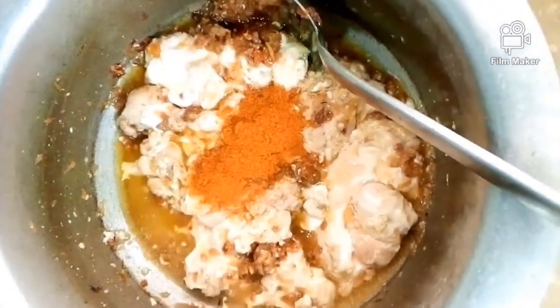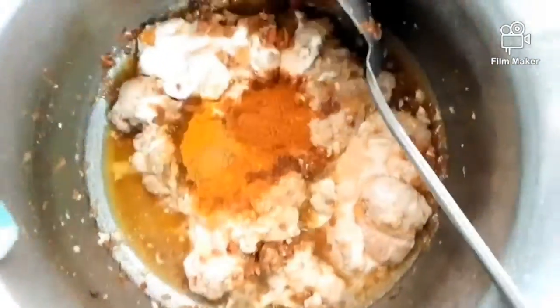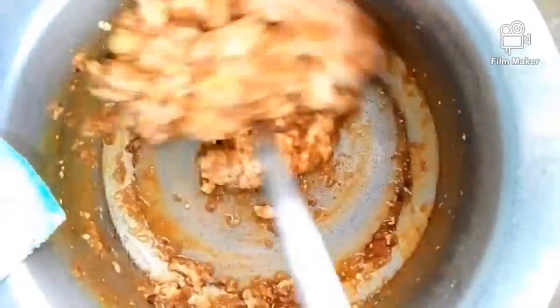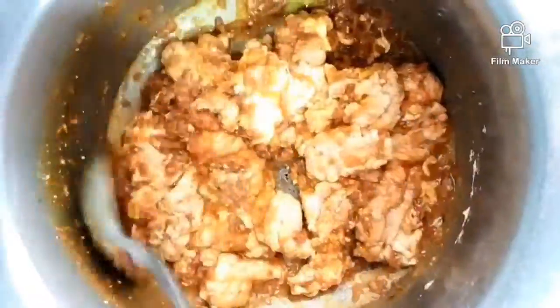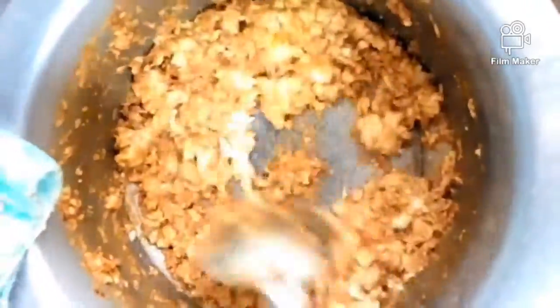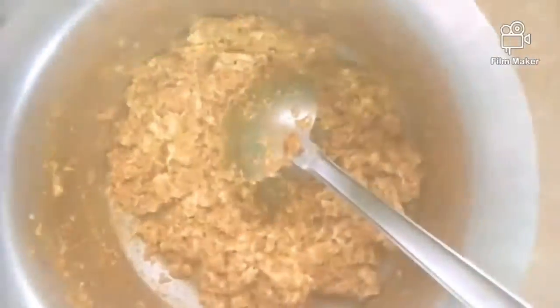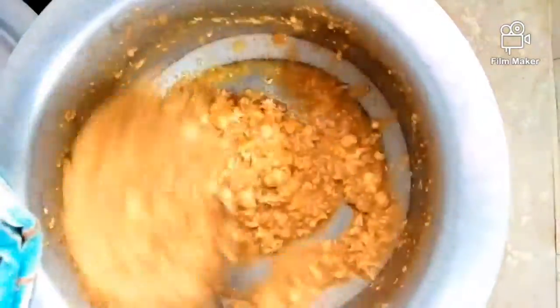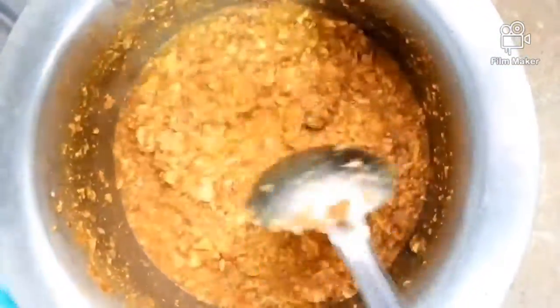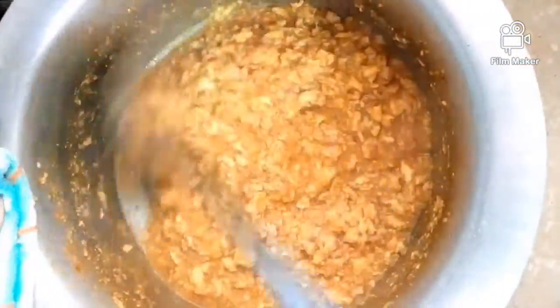Then add chili powder, coriander powder and turmeric and again saute it at least for 8 to 10 minutes. Then add a cup of water and mix it and cover it for 2 to 3 minutes. Now again saute it